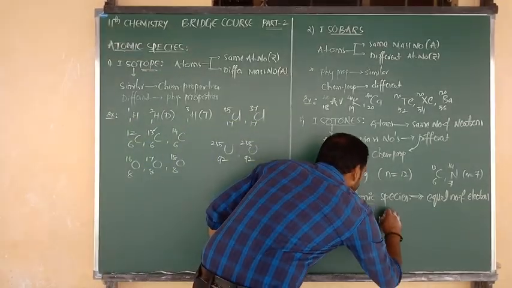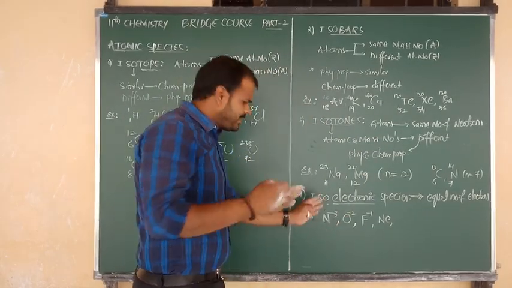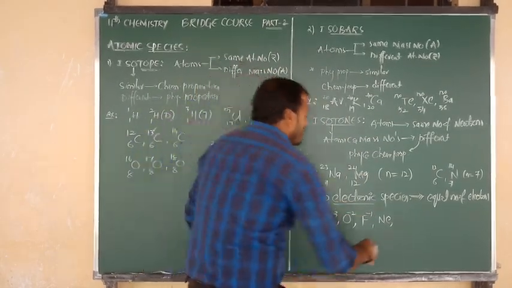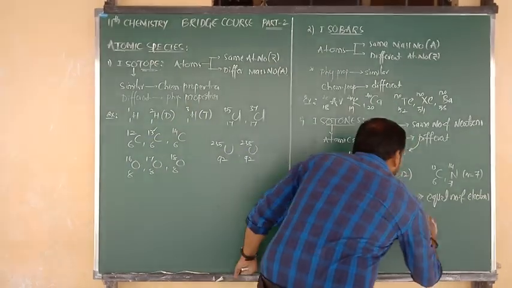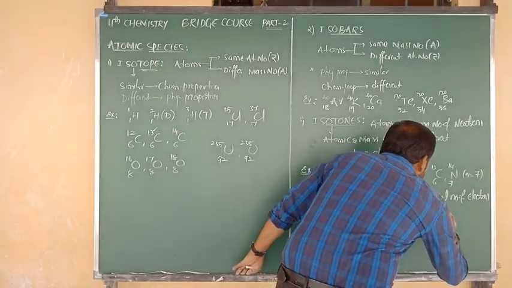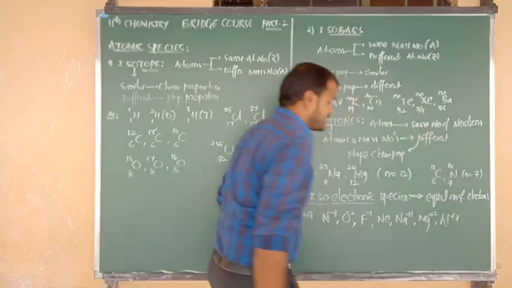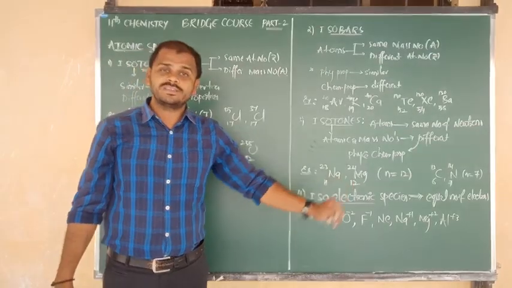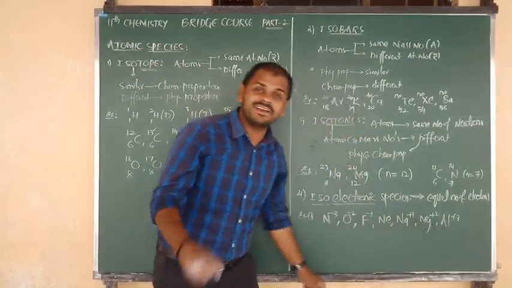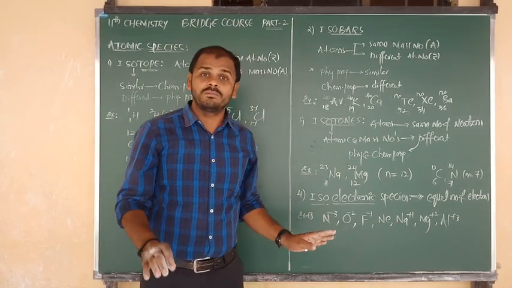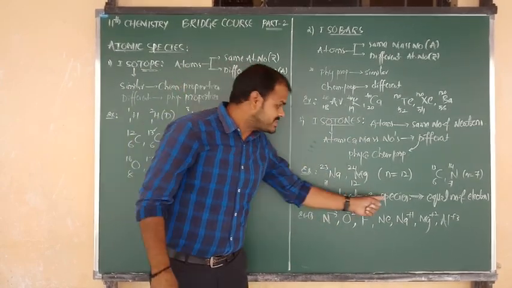Next, I am going to write neon. We can take it as an atom, or as a cation or anion, as you wish. Now I am going to take sodium, whose charge is +1, then magnesium, whose charge is +2, and aluminum, whose charge is +3. So here I have given a list of examples: neon is a neutral atom, and the others are cations and anions. Cations, anions, atoms, we call them all species.